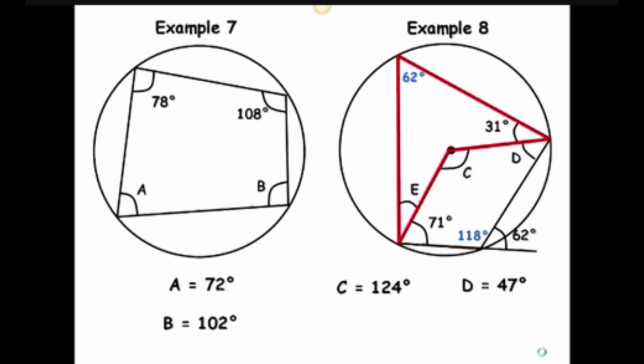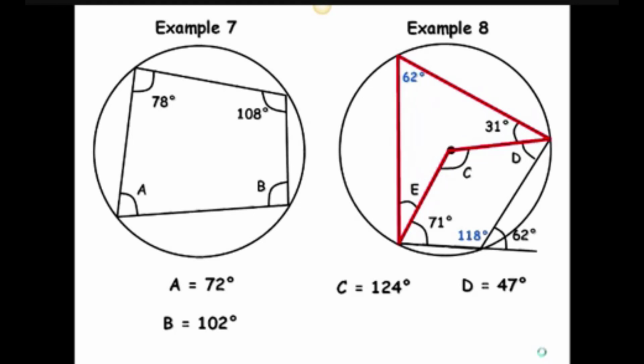And if we look at the kite shape, again that's a quadrilateral, it's got 4 sides, but again one of the vertices is at the centre, not at the circumference, so it's not a cyclic quadrilateral. We know 62, we know 31, we want to find E. We don't know the 4th one at the moment, but that's quite easy to find, because combined with C, it's